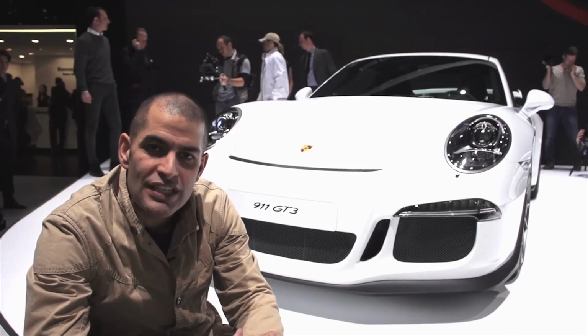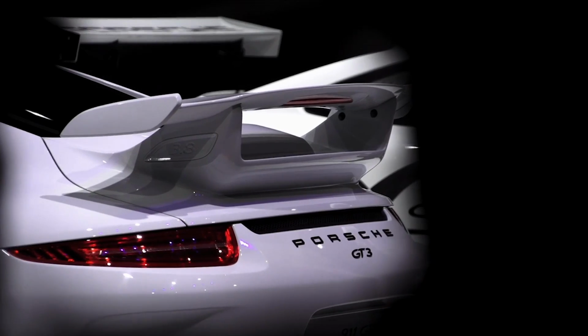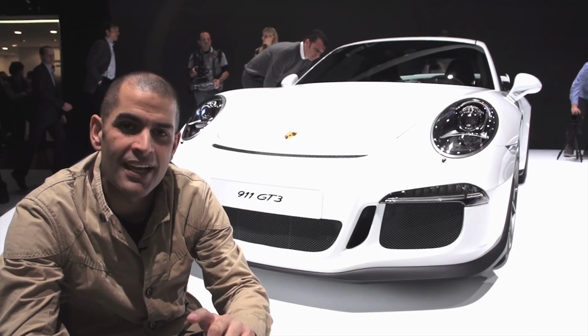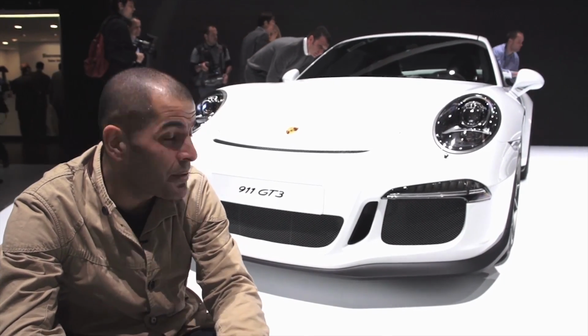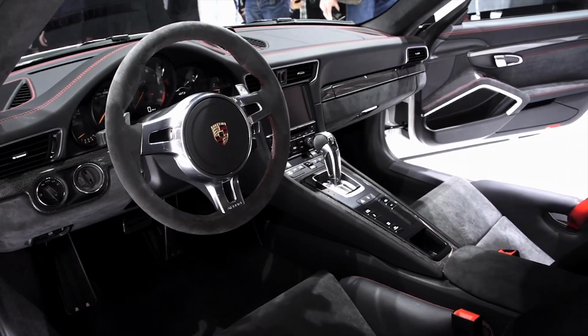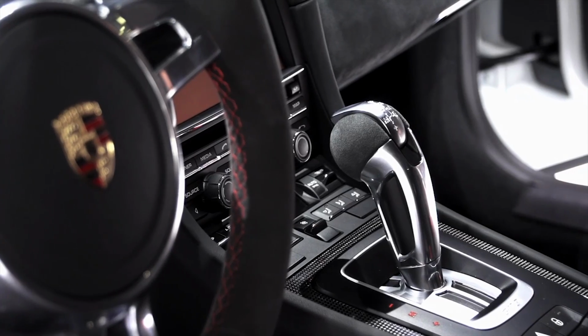This is the new GT3, probably the most talked about car on forums that hasn't been released in a long time. And all the conjecture was mostly wrong. There's going to be a Metzger engine, it's going to have a manual gearbox. No. It has a development of a DFI engine that revs to 9,000 RPM. It is PDK only, but with all sorts of trickery. Pull the paddles together and you can clutch kick it, all sorts of stuff like that, but there's no manual gearbox and it has